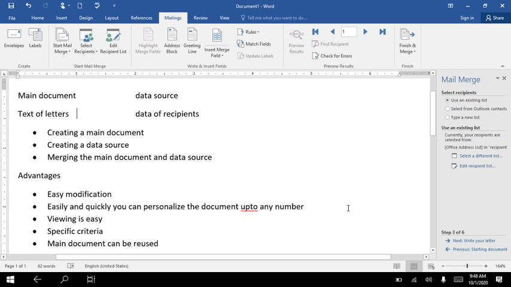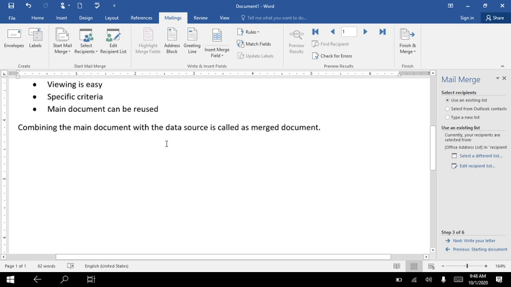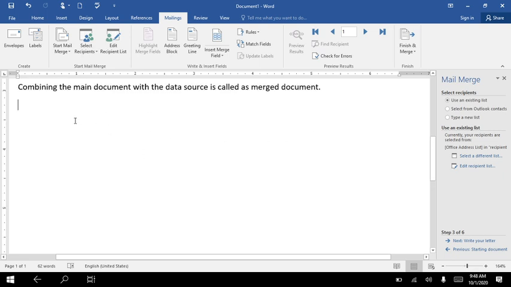Okay, once you click on OK, now what you will be doing: write the letter in the active window and leave space where you want to add the recipient's information. Click the location in the letter where you want to insert the recipient information. Click the address block, the insert address block. Okay, now where you want to add this, you will be writing it. Got it?